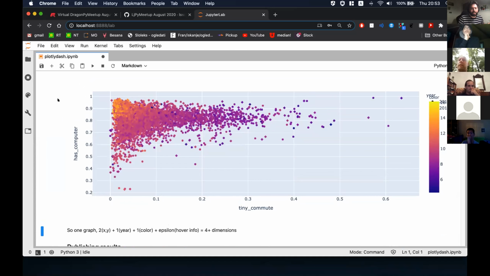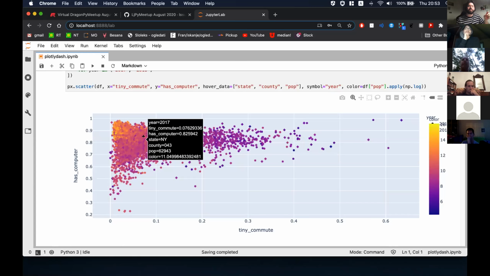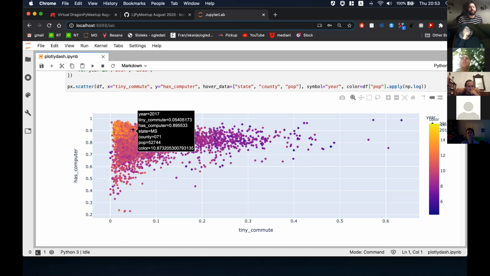So this is this. So now there's a color bar. And here's the reason why I'm applying log: the numbers of population have a very wide range, but the color that's the easiest to do in Plotly Express is a linear scale. You can do a logarithm scale, but I was like, meh, I'll just do apply. That's a Pandas thing. It's whatever is nicer. So let's put that aside. So what we can see here is that